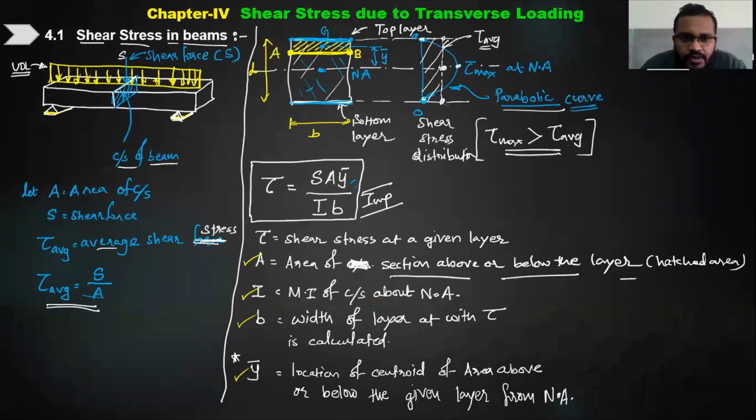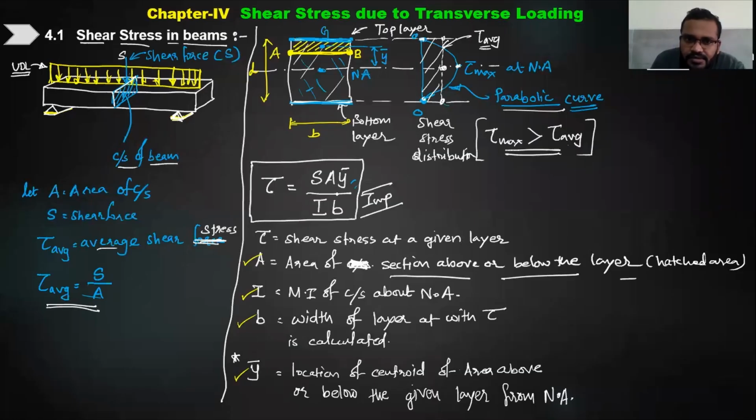We understood the formula and the application of that formula for the various cross sections. Let us quickly recap the things we have studied, and let's go further. As you can see in this particular diagram, which is visible to you, the formula for calculating shear stress at any particular layer is given by this formula, S A y bar